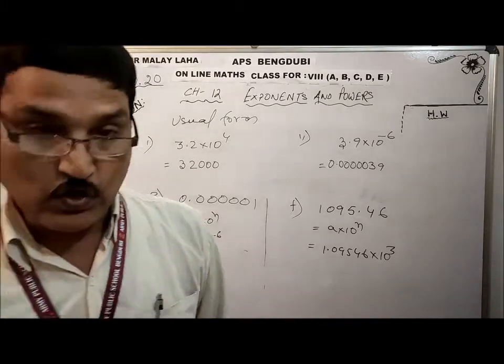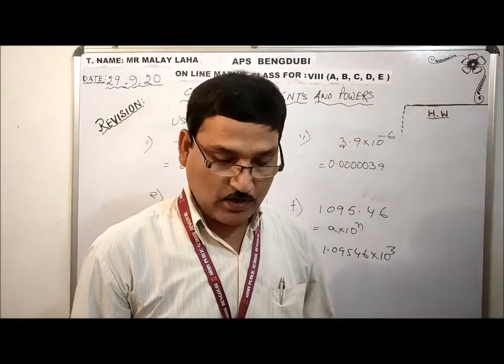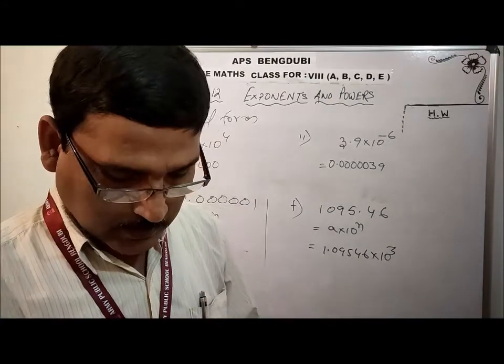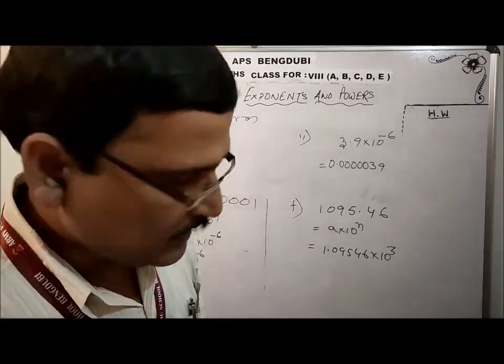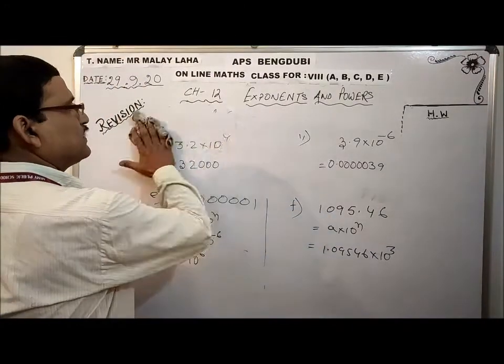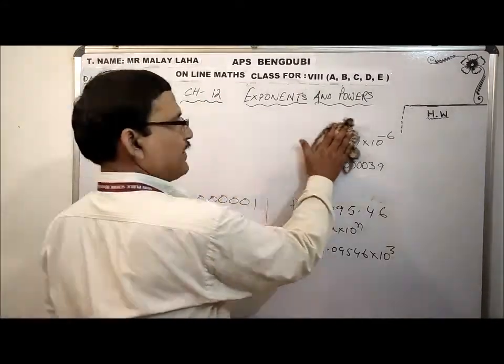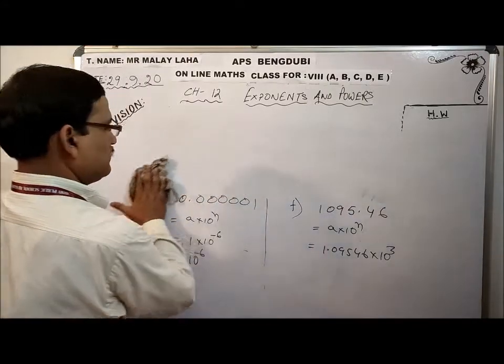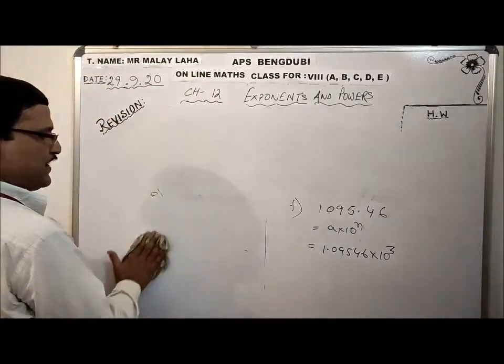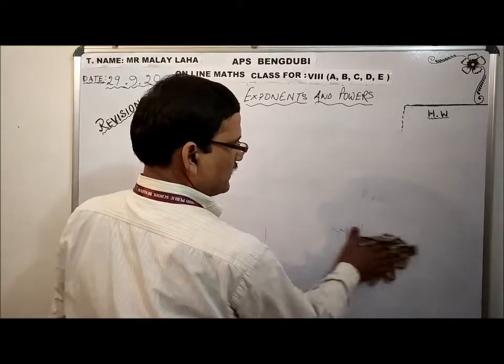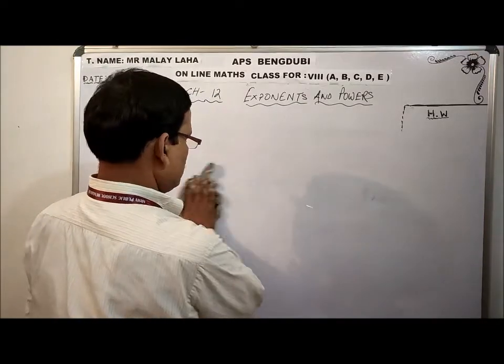First part is the laws of exponent. Very, very important. Already you have come to know in class 7 different laws, but the negative part I have not taught. Though I have given, but the negative part I have not taught. The most important area is negative. When a negative number is there, what way will you show it?